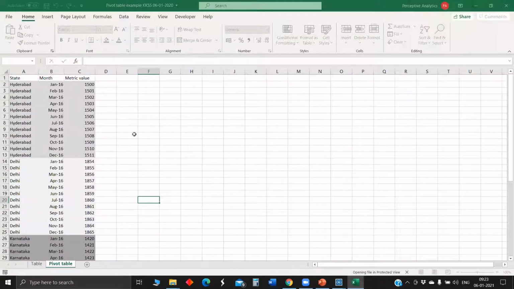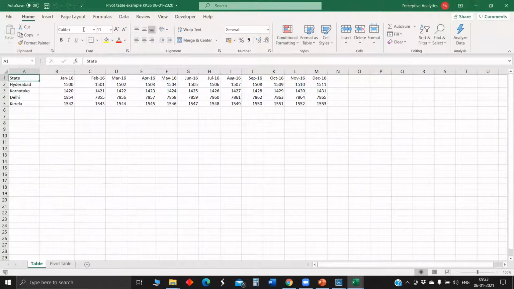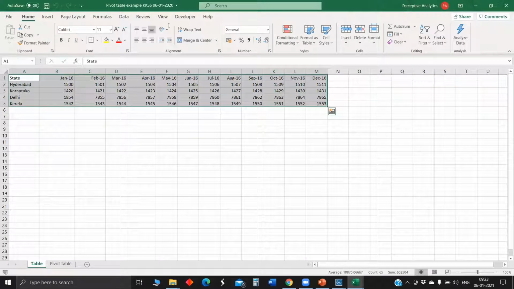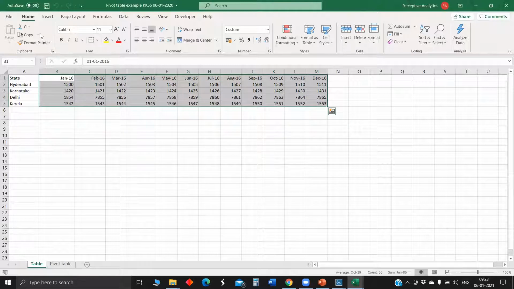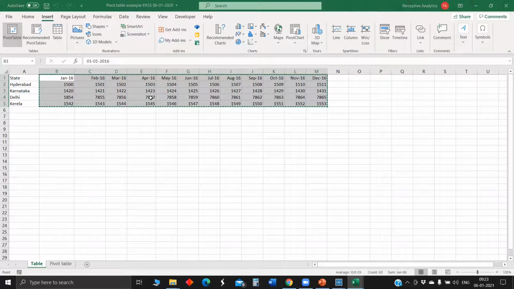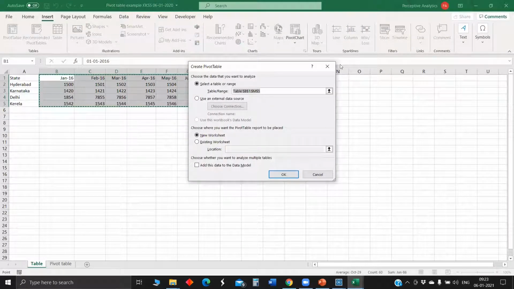Yeah, Jairam, can you go to the table page? Table tab, and select all the columns and do an unpivot of it. In Power BI, there's an option called unpivot. So once we select only the date columns. Only the date columns. Select the columns and go to pivot table. First, I think we need to convert this into a table, then we can do a pivot of it. How do I convert it to a table?